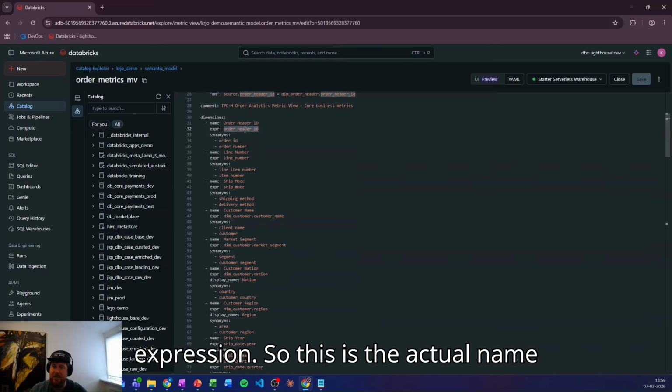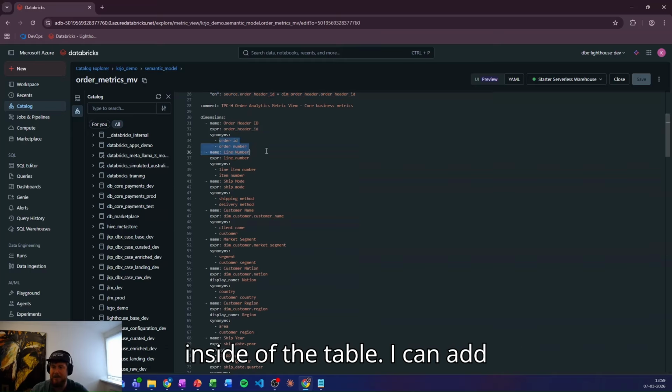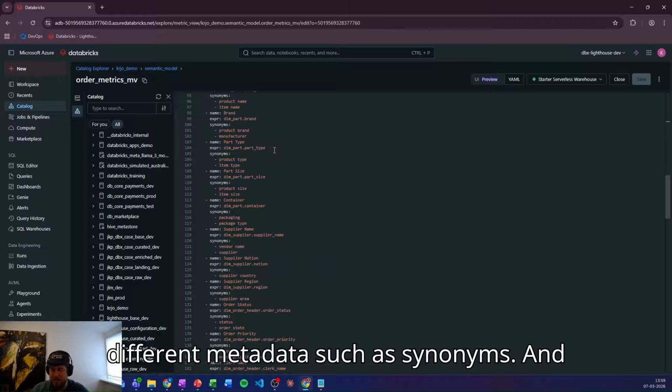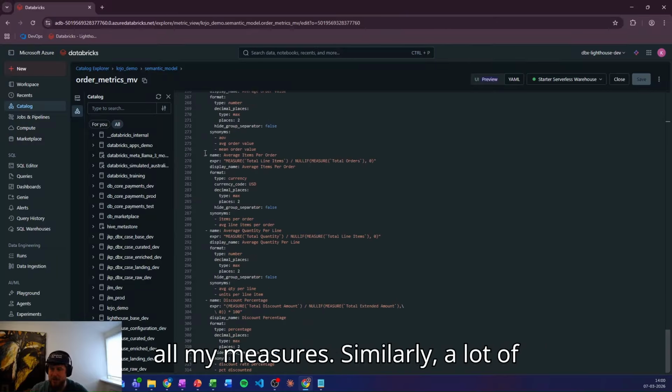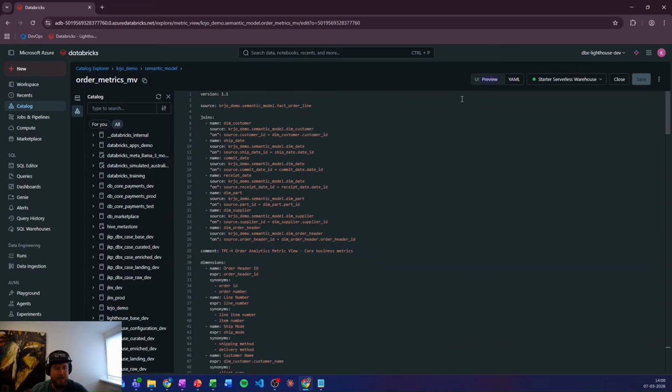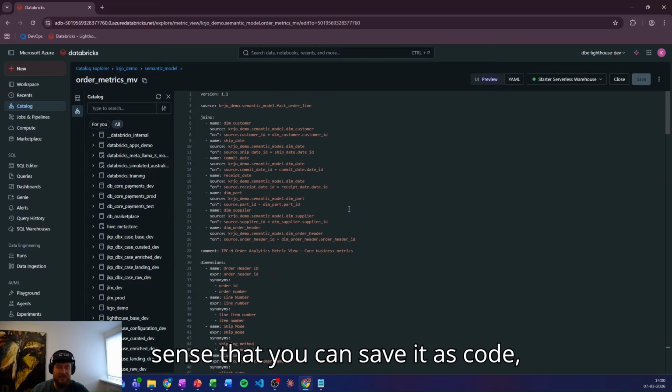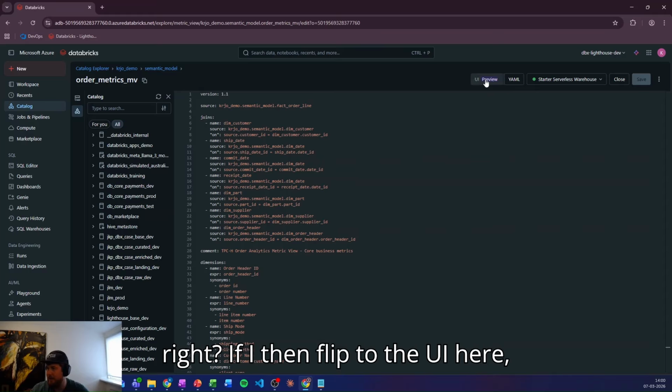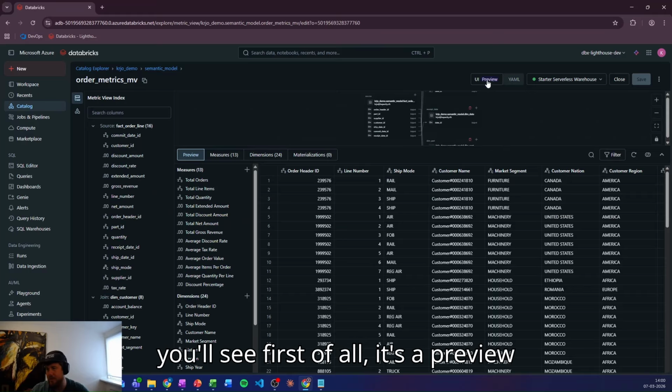So this is the actual name inside of the table. I can add different metadata such as synonyms. And then down here at the bottom, you'll see all my measures. Similarly, a lot of metadata here. This is a bit messy, if you ask me, but it's very nice in the sense that you can save it as code, right? If I then flip to the UI here, you'll see, first of all, it's a preview